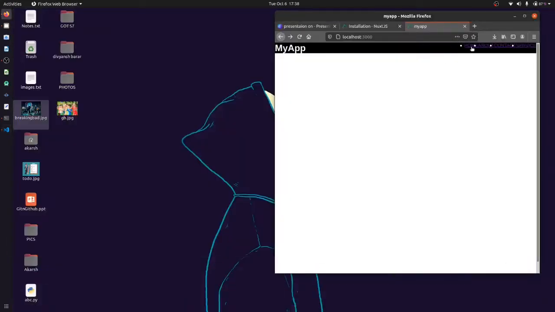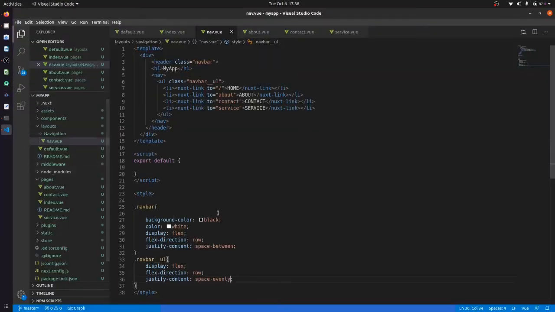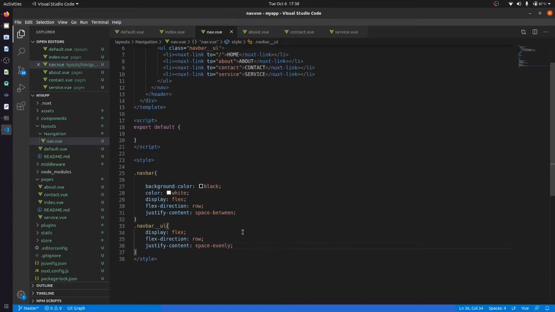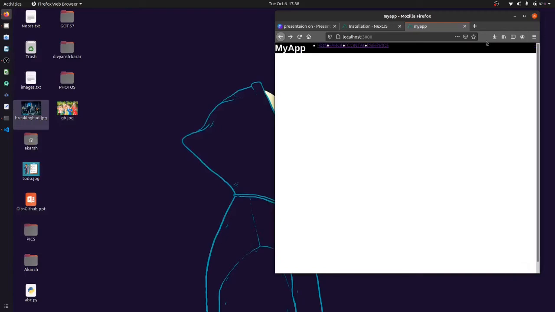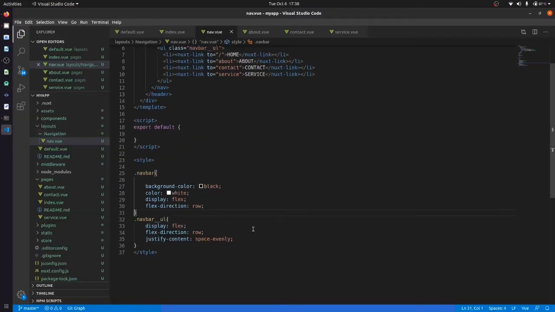Okay, we can see that our text is overlapping. So what we can do now, can we remove this overlapping? No, I want that content at the end only.